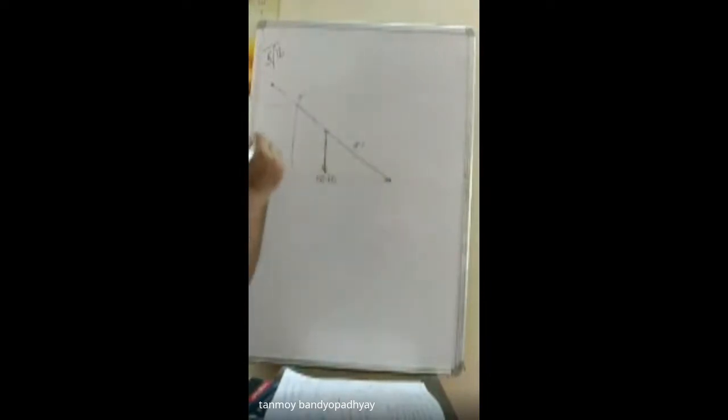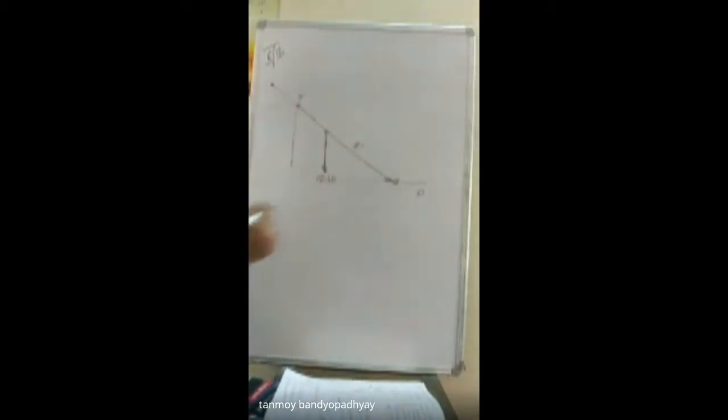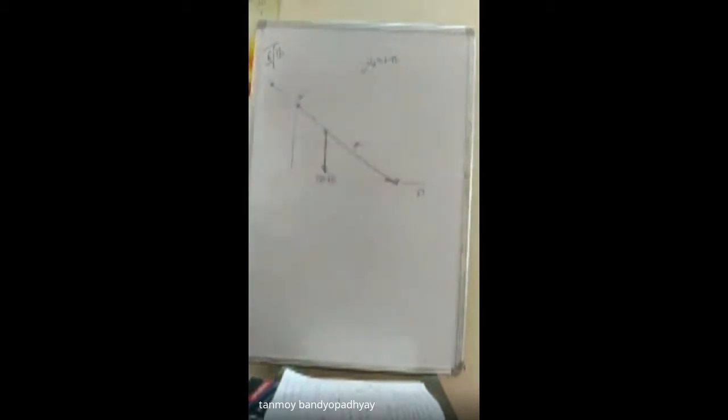Okay, sir? So at this point, what we can do is calculate the force P required. There is a force P applied here. If the coefficient of friction is given to be 0.40, so mu s is 0.40, calculate the force P required to move the pole. We just need to find the value of P required to just move the pole. There will be a direction of impending motion.